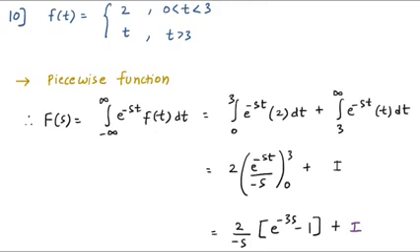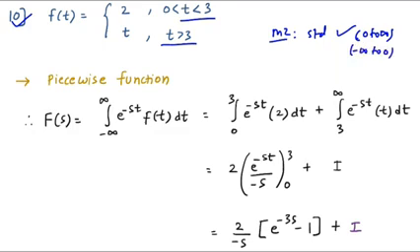Okay, let us see one of the interesting questions on Laplace. If my function is 2 when my t is greater than 0 and less than 3, and function is behaving as t when my t is greater than 3, tell me what would be the Laplace of this function. Clearly here you cannot use your method 2, which is using the standard result. Why? The reason being, the standard result works when your time is 0 to infinite, that is when your time is greater than 0, or when your time is less than 0, which is minus infinity to 0. In that case only your standard results work, but here it won't work, because your range is 0 to 3 and the second range is 3 to infinite. In that case you have to use the standard definition, which is method 1.